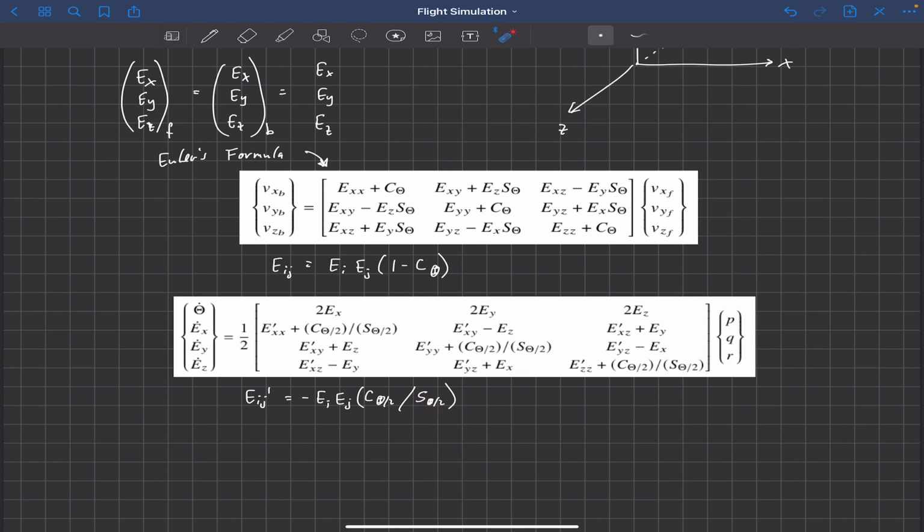The problem is that it still has a singularity. You can see that we've got a sine here in the denominator for this change in our Euler axis as a function of time. And anyway, so this sine in the denominator is a problem, because anytime the sine of theta over 2 is 0, then this is indeterminate, this matrix here. And that happens, unfortunately, when the aircraft is pointed due north or due south and is perfectly horizontal, which happens quite often compared to the Euler angle formulation.